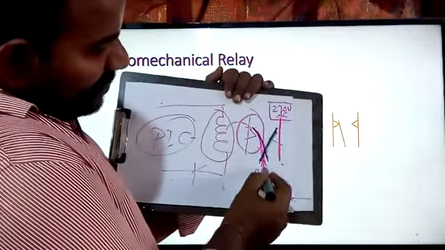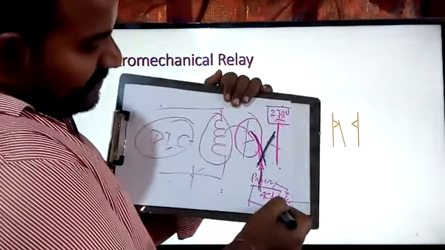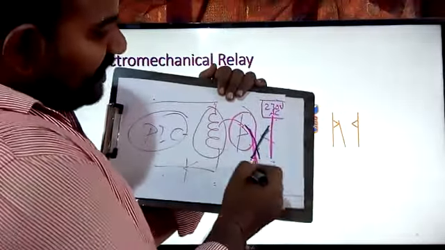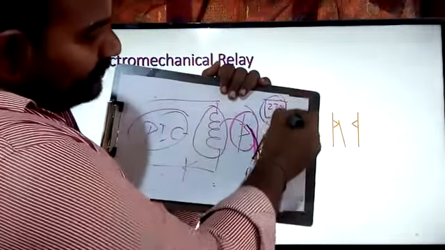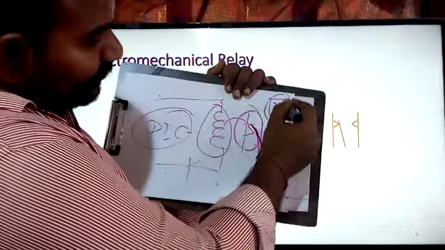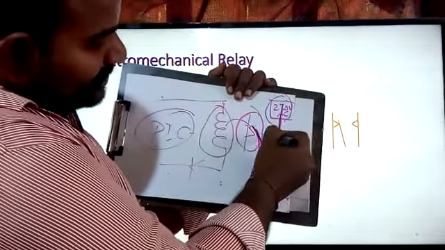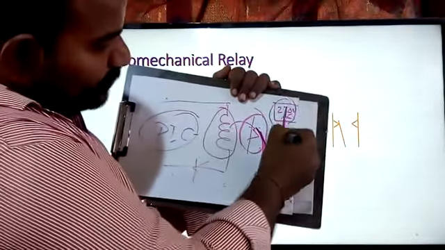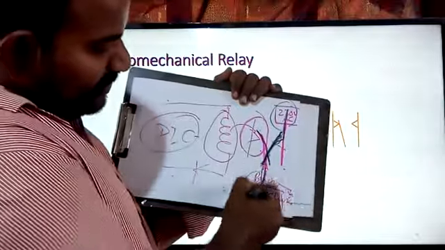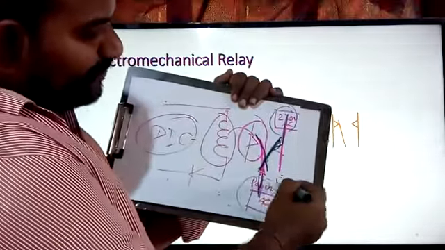Now what will happen? One terminal of the AC source device is directly connected to the 230 volts. It is directly connected to the 230 volts, meaning 230 volts AC is passing through this terminal and connected to the device. Now it is going to be turned off.